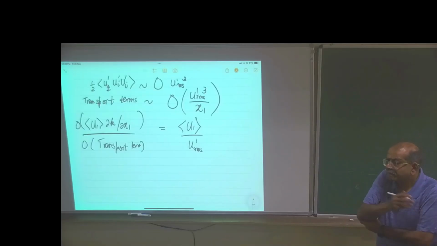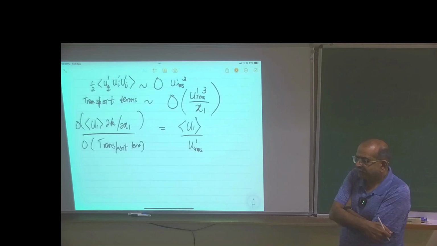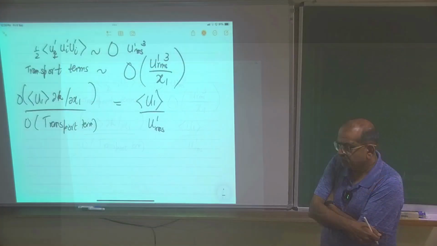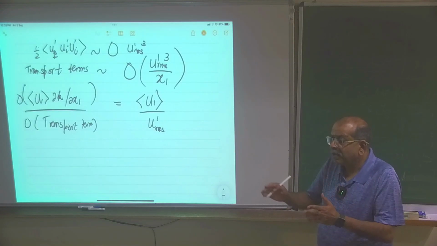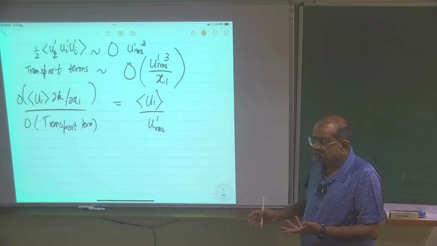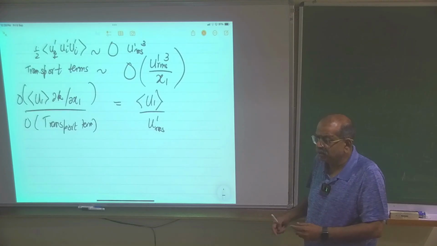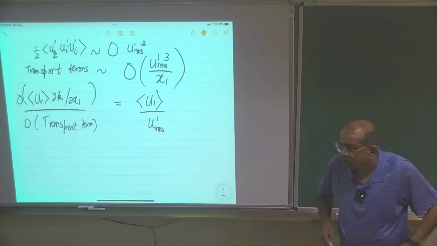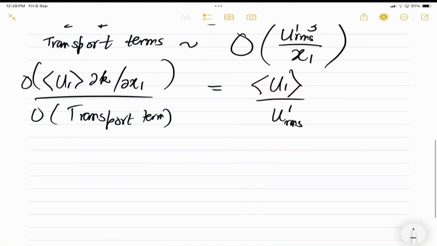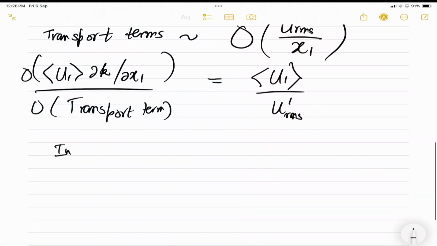Why is there no production term? Because the viscosity is low? No, the flow is like this. Now, what is the production term? u prime v prime d mean u_i by dx_j. Mean u is constant here. Okay. So, in this flow, it is observed